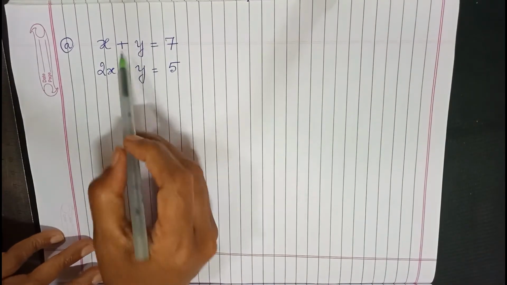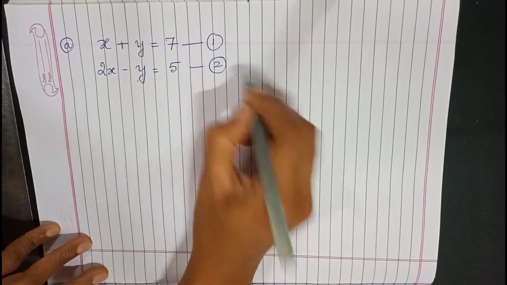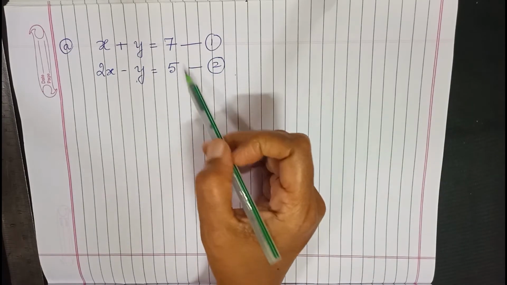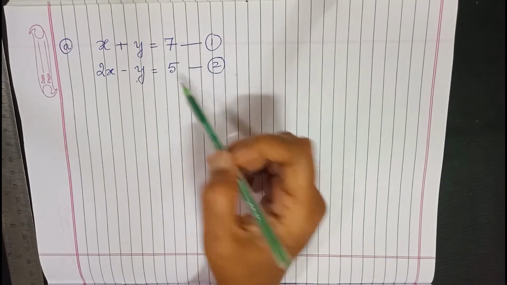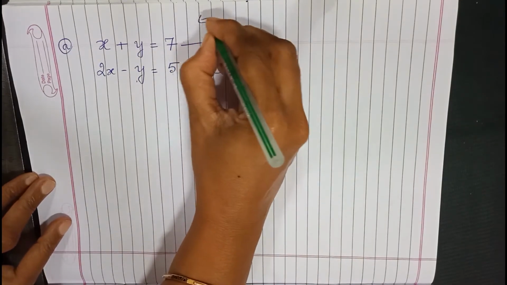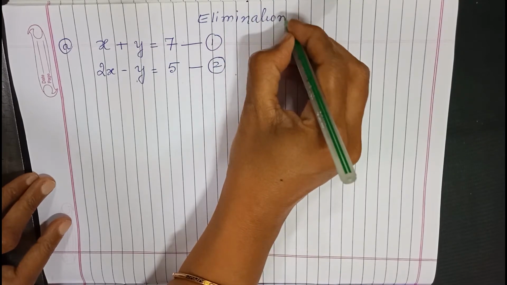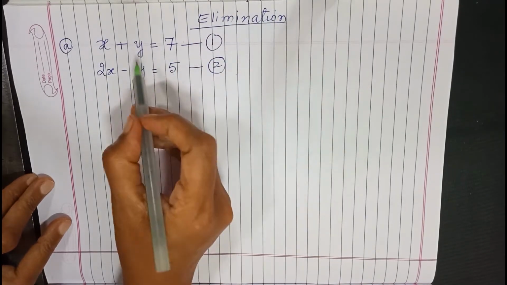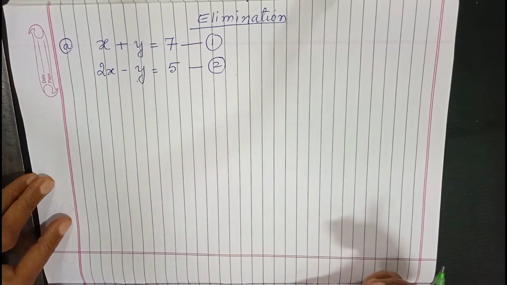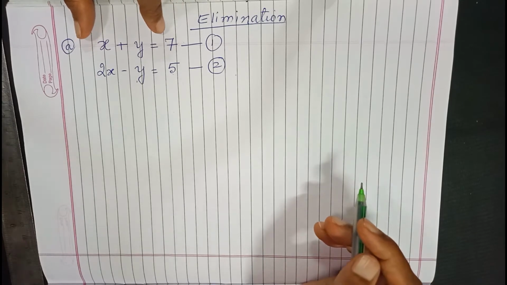So let us say I have these two equations. I just give them equation number 1 and equation number 2. Now I am interested in finding a unique solution, or a solution which will satisfy both the equations. And the method that we use is called the method of elimination. What we mean by the method of elimination is that we eliminate any one variable so that we can find the value of the second variable. Now how do we decide which variable to select to eliminate?